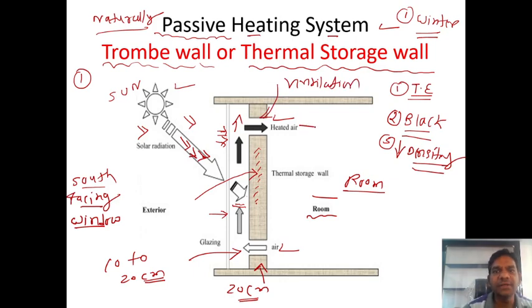From this ventilation, the hot air enters the room, guys. Yes or no? Yes. So the air is circulated by natural convection and returned by way of the ducts at the bottom of the storage walls. So whatever ventilation is provided at the bottom position, this one, suppose this is position A, this is our B, which is at the bottom.